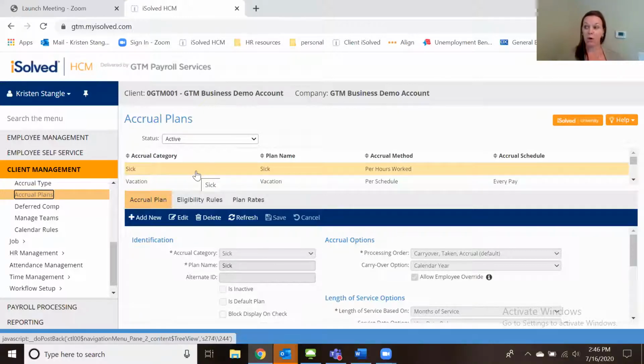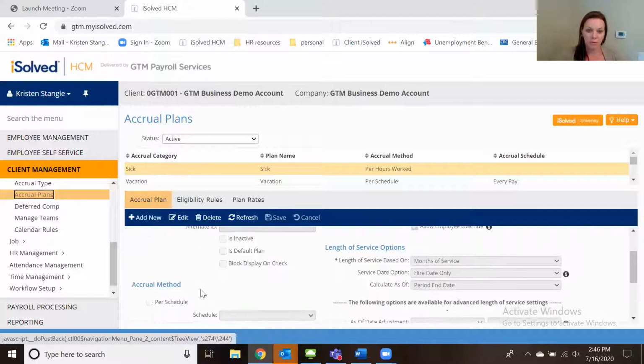For today's training, we're going to look at an account that has iSolved Time. So we're going to look around in accrual plans. In the accrual plan tab over here, so again, I'm in Client Management, then Benefits, then Accrual Plans. And we click the accrual plan type. We see the category, the name, the accrual method. If we scroll down a little bit,